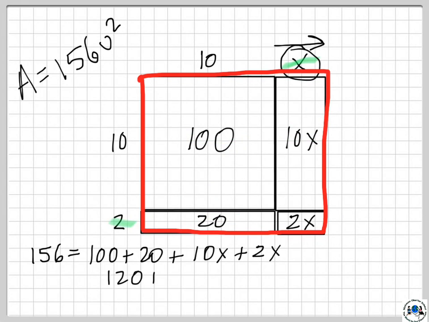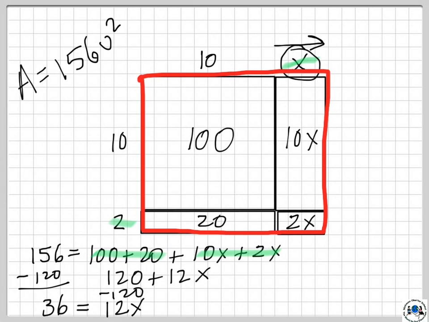Therefore, we go to step 2, and the process we are using here, if you remember, is called combining like terms. We've combined our numbers and we've combined our variables there. Of course, we're trying to isolate x. Our x happens to be on the right side now, not a big deal. And again, to get rid of this 120, we need to add its inverse, or just subtract. In this case, do the same to this side, and we end up with 36 equals 12x,